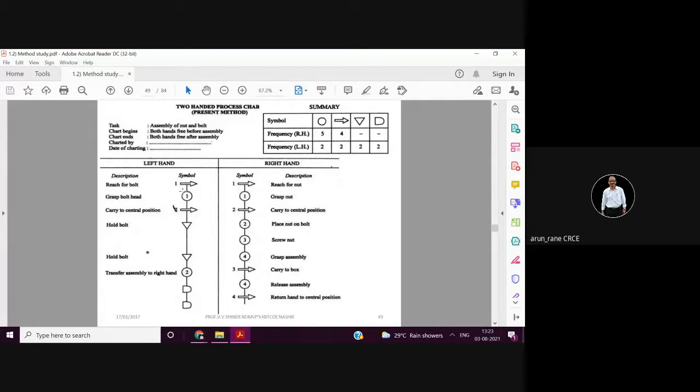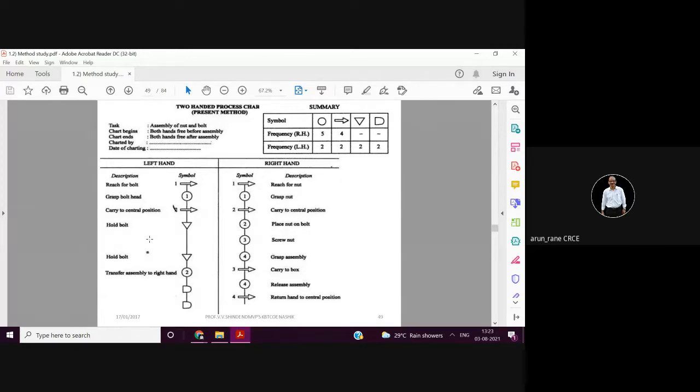Then it will carry it to the central position, hold the bolt. See again symbols also you have to use, so this is a symbol for the storage, hold the bolt, okay. Then simultaneously अभी आपका right hand है, it is reaching the nut, grasping the nut, okay. Then carry to the central position जहाँ पे आपको assemble nut bolt रखना है, then place nut on the bolt,